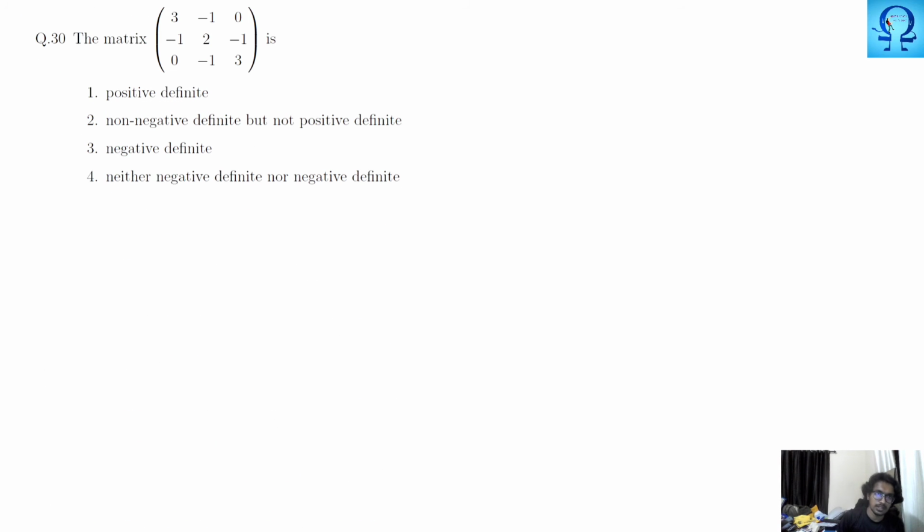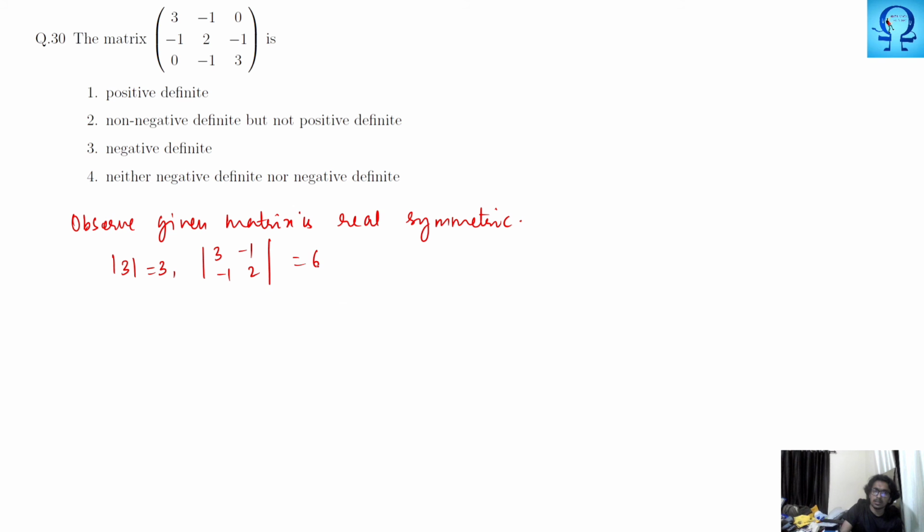Moving to the last question of this video, here we have a matrix and we have to check whether it is positive definite or negative definite. The definiteness we have to check. Observe, the given matrix is a real symmetric one. So if it is a real symmetric one, what are the ways? You can check the principal minors. The 1 by 1 minor is 3, then the 2 by 2 minor is 3 times 2 minus 1 times 1, that is 6 minus 1, which is 5,